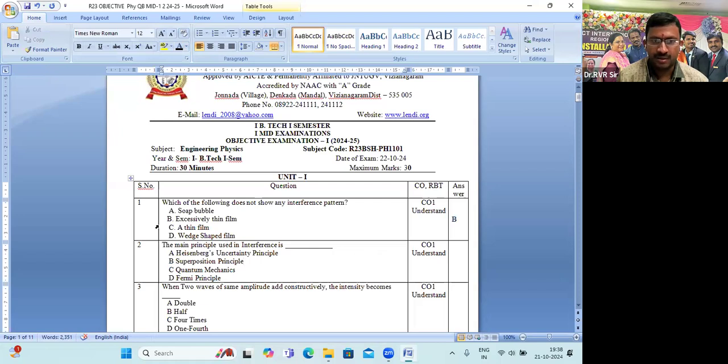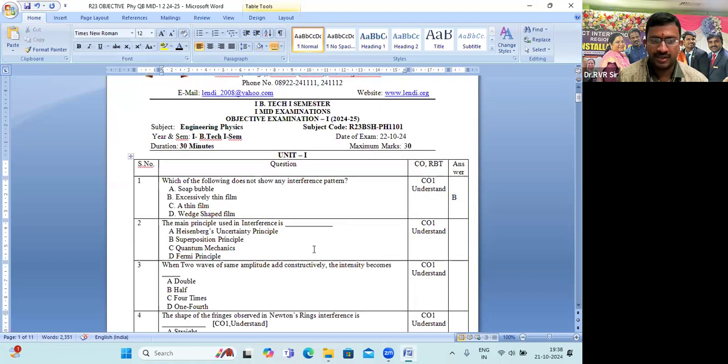Coming to the second one, the main principle used in the interference is Heisenberg uncertainty principle, superposition principle, quantum mechanics, everything. So you can guess the answer. That is nothing but the second option. That is B. Heisenberg,